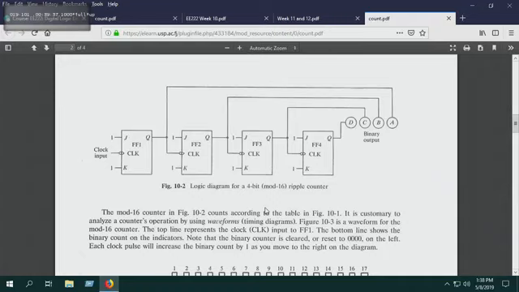Now tell me, what can you tell me about the first flip-flop? Both J and K are 1. That's the first hint. What do you think Q will be? Of course, a normal clock pulse is being fed into our first one. The difference between this counter and our earlier counters is that there the clock pulse was synchronized. Over here, it is not. Only the first flip-flop is receiving the clock.